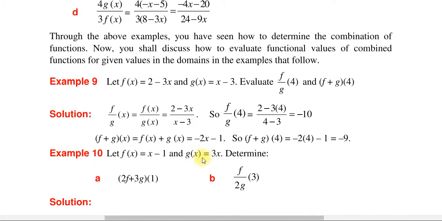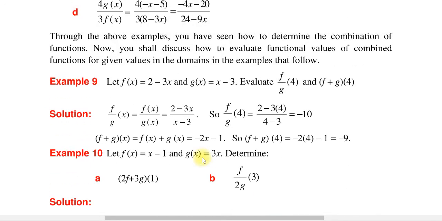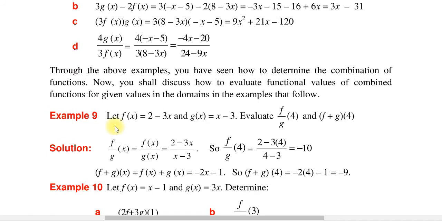ስለዚህ እንደዚህ ያደረግን መስራት እንችላለን ይለናል። ሌላ አንድ ኤግዛምፕል እንጨምርና ወደ ቀጣይ ቶፒክ እናልፋለን። Let f of x is equal to 2 minus 3x and g of x equal to x minus 3 ቢሆን evaluate f over g at 4 and f plus g at 4. ማለት የሆነ ስፔሲፊክ የሆነ ቁጥር ተሰጥቷል እዛ ቁጥር ላይ ያለውን ቫልዩ ፈልጉ ነው። ኦኬ